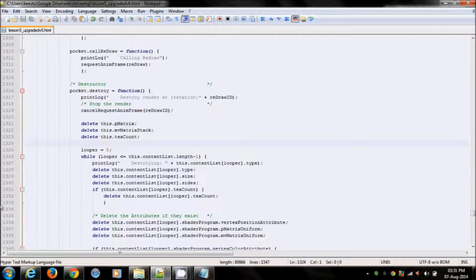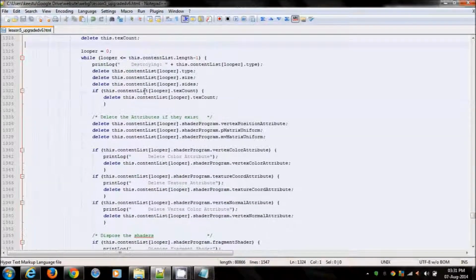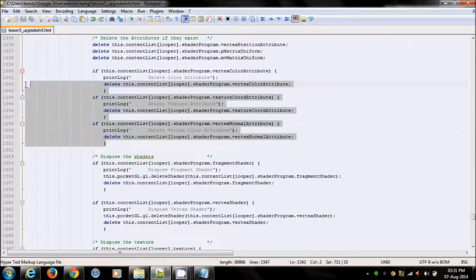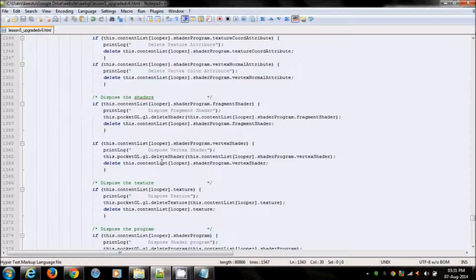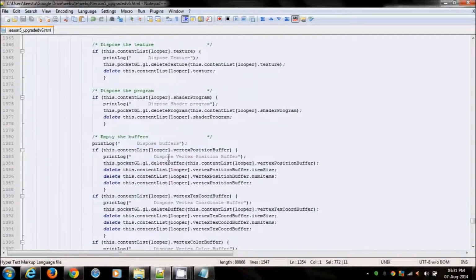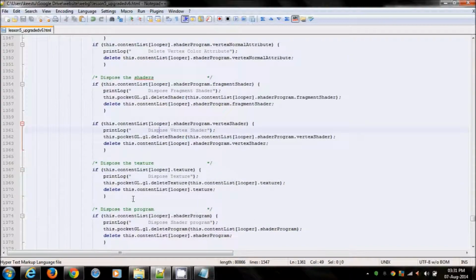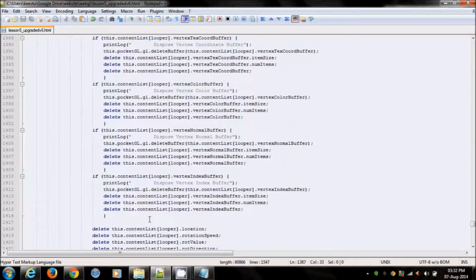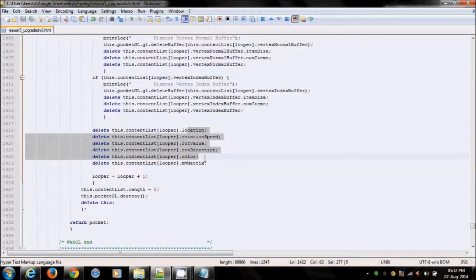You can change it. Coming to the destroy part, a lot of things were not done previously. Now you have the content list type, basic items deleted, the attributes first that have been eliminated, as well as the shaders, the textures. There is no conditional deletion, all of these are deleted, and then the program. And then these buffers were not deleted properly, that is, the content of these buffers. This has been taken care of, and the additional items that have been added because of lighting. And finally it goes to the location and values, item size. Apart from that, the rest too were not deleted previously, and this has now been taken care of over here.